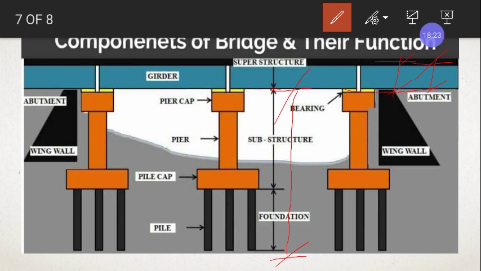These are done at the sides of the bridges. Can you see here? The abutment and wing walls have been constructed, because we have to construct the bridge at a higher level from the depression, and we have to connect the roads at a higher level.